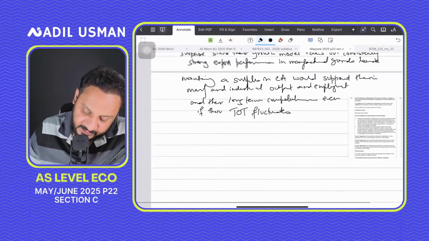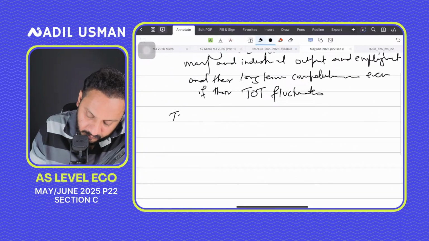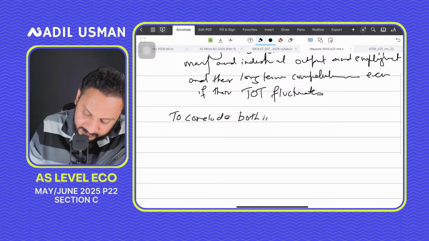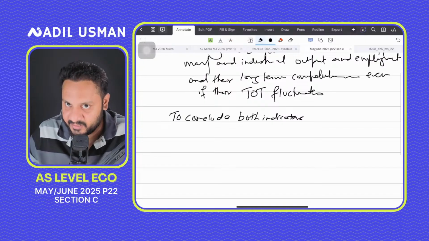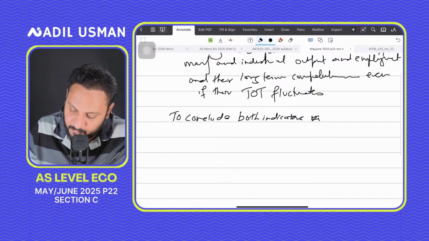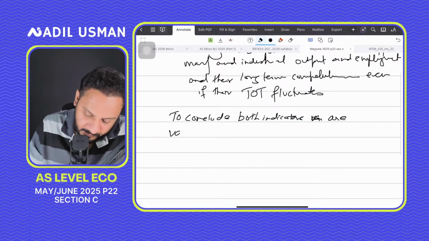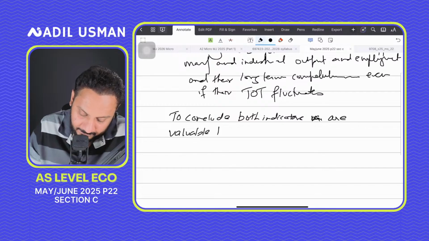So you could say that to conclude, both are indicators. They are valuable. Both indicators are valuable, but